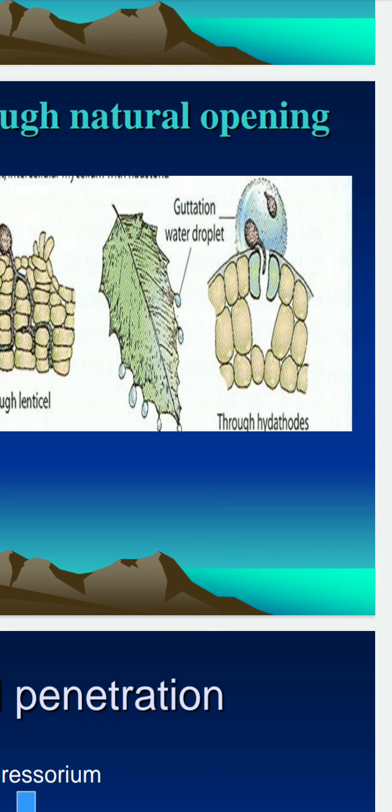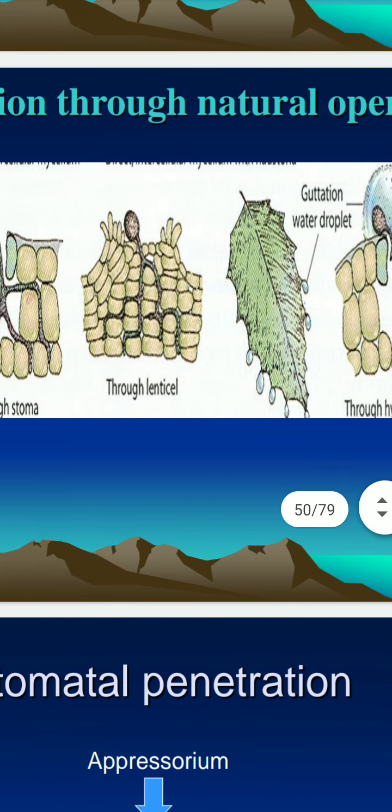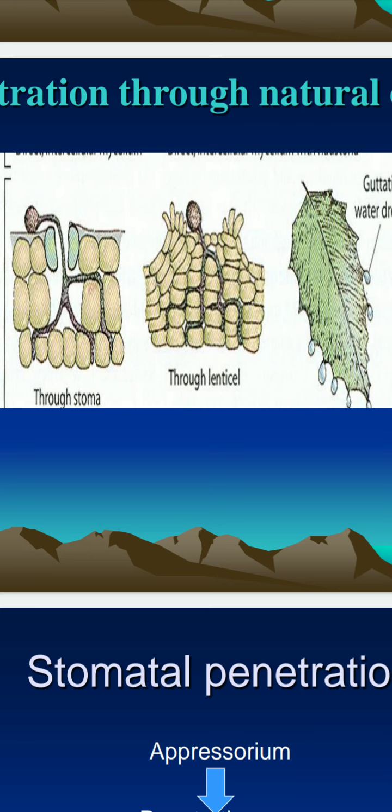our head. The process by which these drops from the plants are spread on us is known as guttation. The guttation process takes place through specialized natural openings known as hydathodes. Pathogens can also enter the host tissue from these hydathodes. You have to make the labeled diagram of all these natural openings.